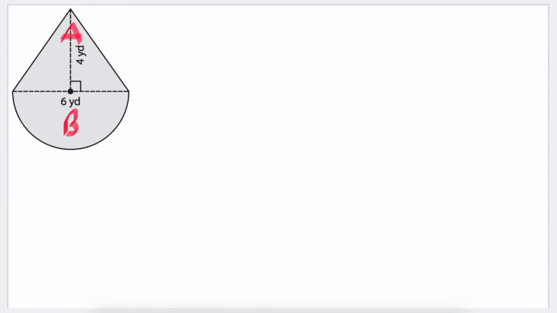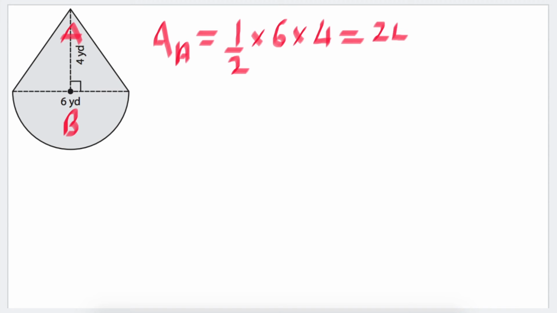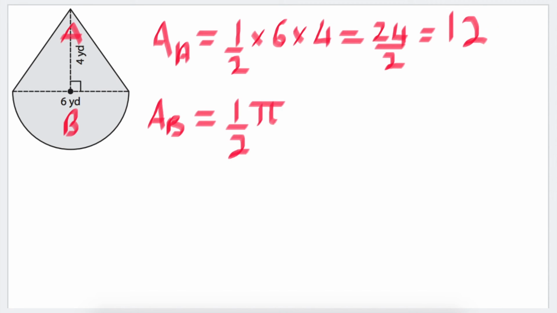So the area of the triangle, we're going to multiply 1/2 times the base, which is 6, times the height, which is 4. 6 times 4 is 24, and then divided by 2, we get 12. Now we move on to the area of B, which is a half times pi times the radius squared. So the radius is going to be 3 because 6 is the diameter. So when you multiply all those numbers and divide by 2, you get